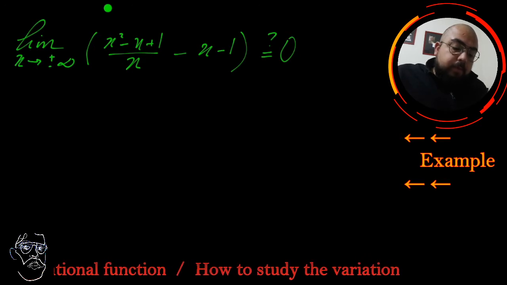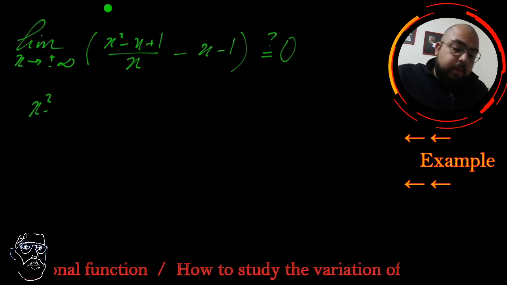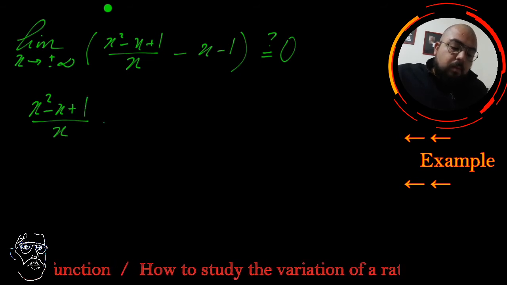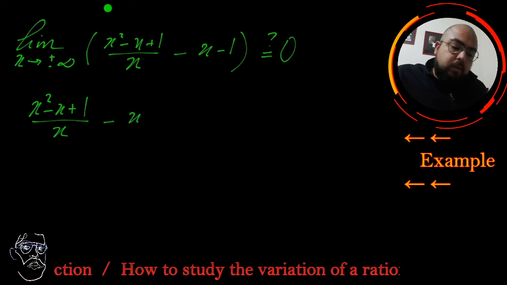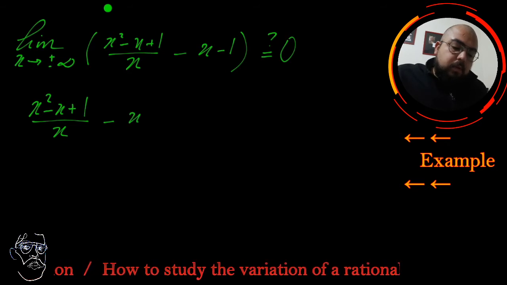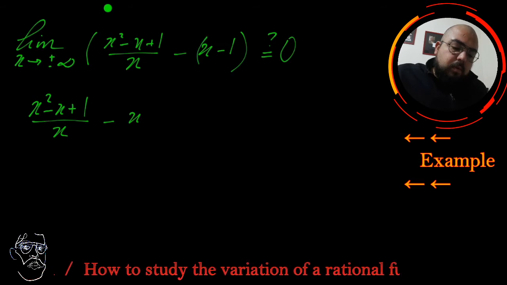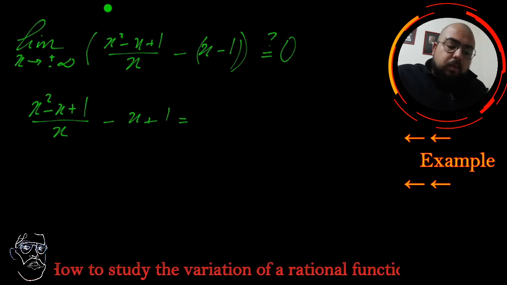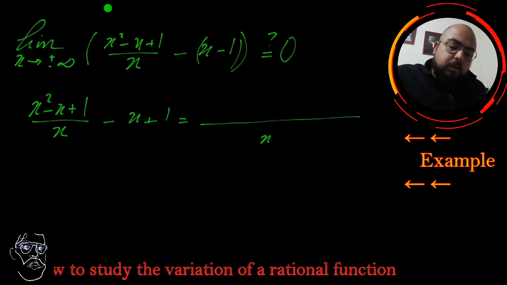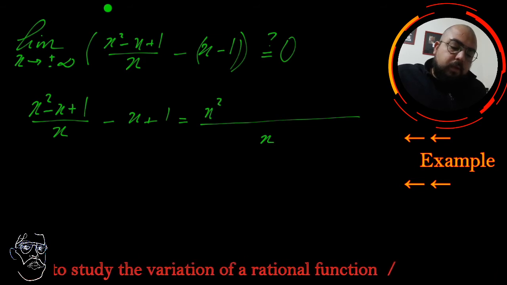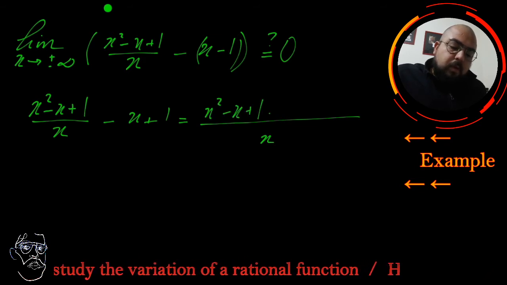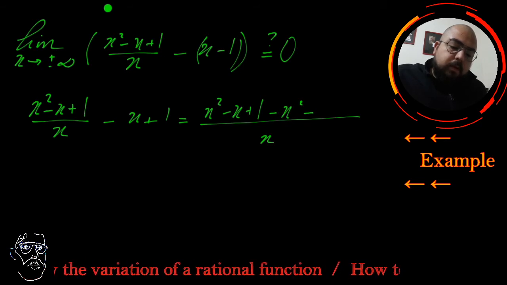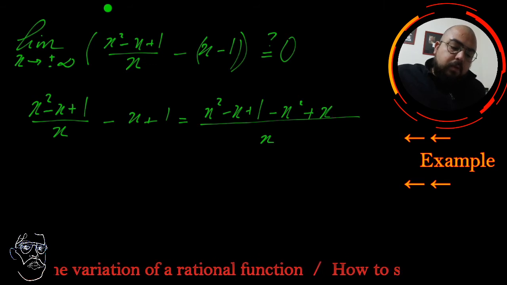So first I'm gonna calculate x squared minus x plus 1 over x minus x plus 1. I can choose a common denominator, x. It will be x squared minus x plus 1 minus x squared and plus x. So I will have